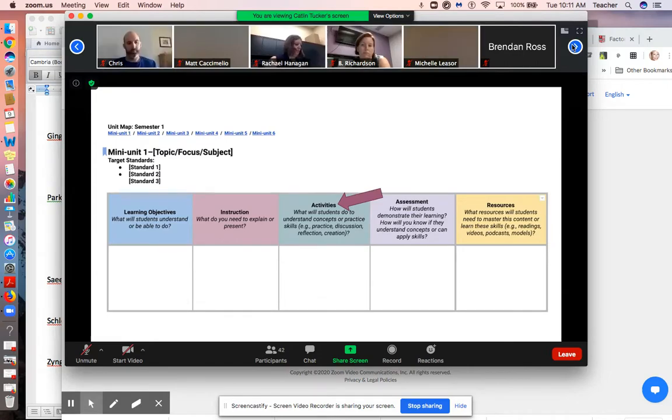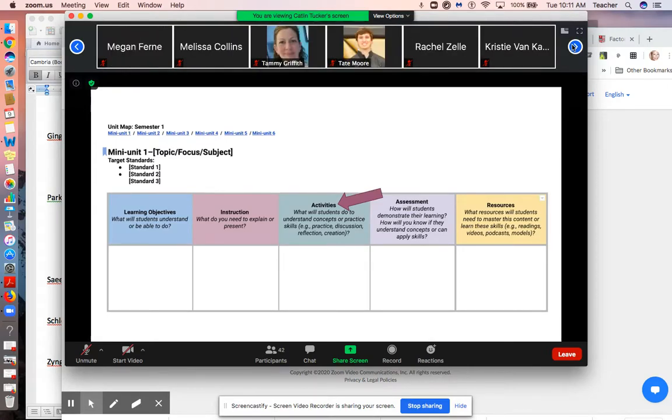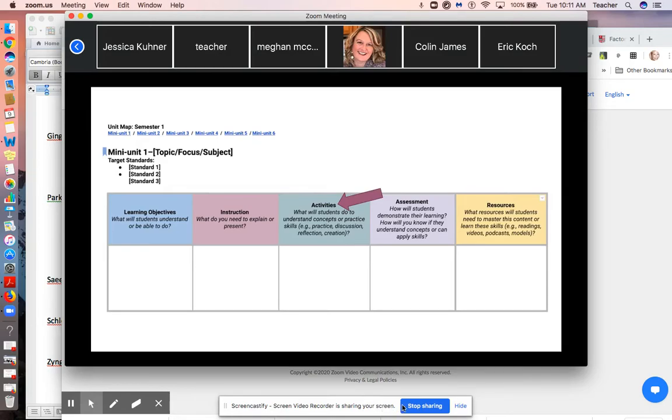What are the individual activities that students are going to engage in to develop that understanding of specific concepts, to practice specific skills or strategies? And in the activities column, this is where you're generally going to be thinking about,